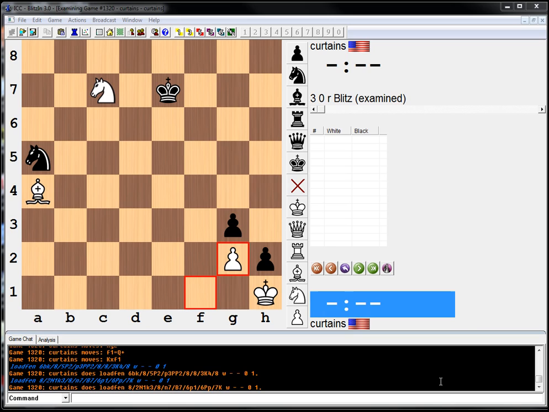It is white to move here. I assume white to move and win. Trying to figure out what is the point of this puzzle. Why can't I just go after all the pawns, like knight d5, and always pause your video, try to